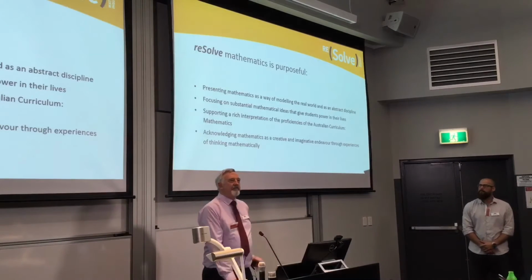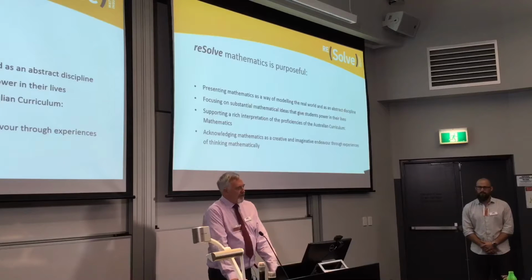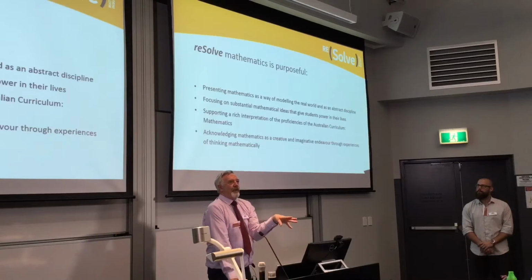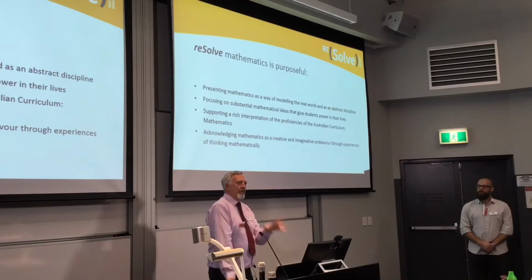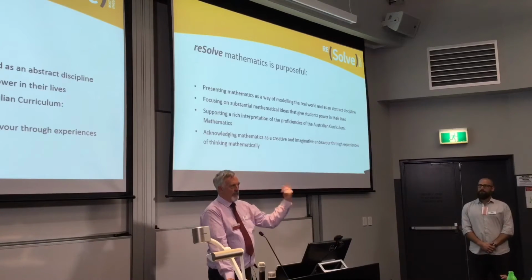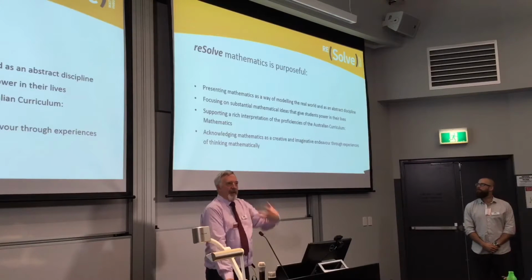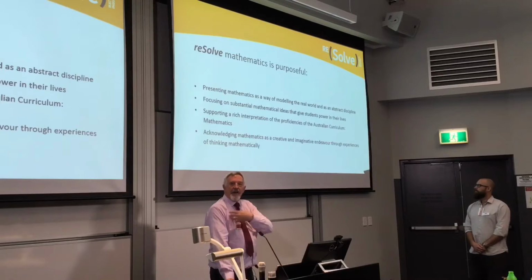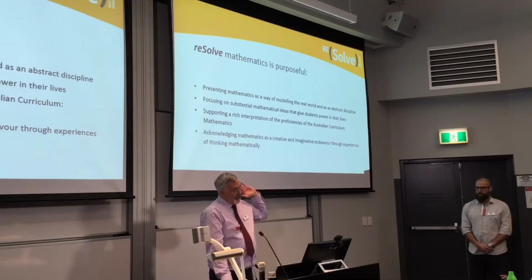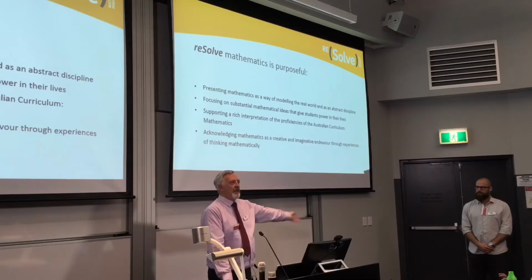The first dimension of what we call the protocol is that resolved mathematics is purposeful. And let me say that this is not publicly available yet. It won't be publicly available for about 2 weeks. But then it will be on the AMT website, it will be on the Academy website, and people will be able to access it, print it off, and hopefully use it as a conversation starter. I'm not going to read it through, but I want to focus on the second dot point, in particular in relation to the